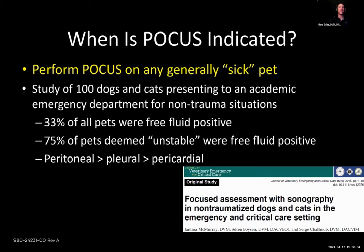And what they found, out of 100 patients, 1/3 of them had peritoneal effusion, pleural effusion, or pericardial effusion. It's pretty significant if you look at point of care as a screening test that you're going to be screening and find abnormalities in about 1/3 of your patients in an emergency population. I recognize in GP it may be a little bit lower, but what's really important that came out of this